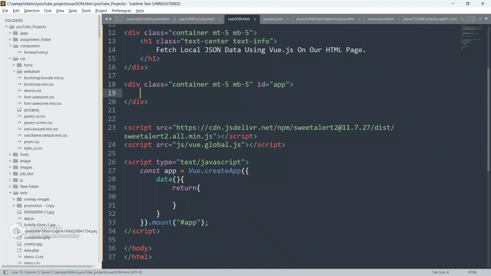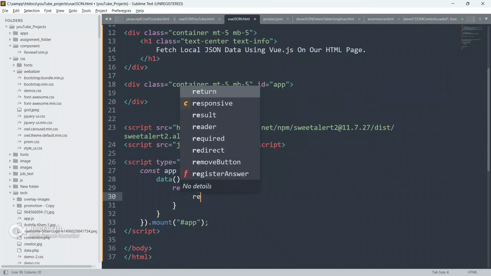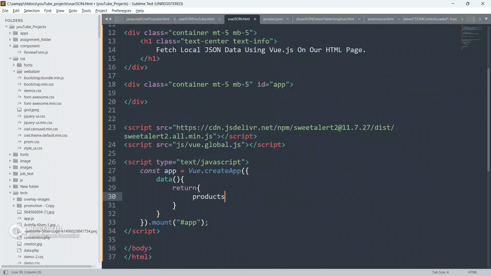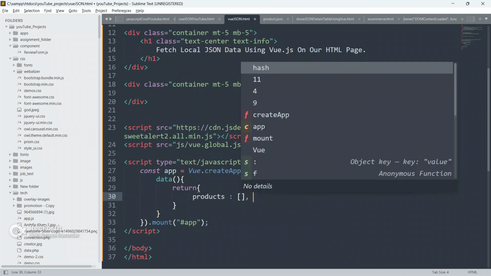Okay, so guys, first of all, I'm just going to remove this, we don't require it. First of all, I'm going to create an empty array, as products only.